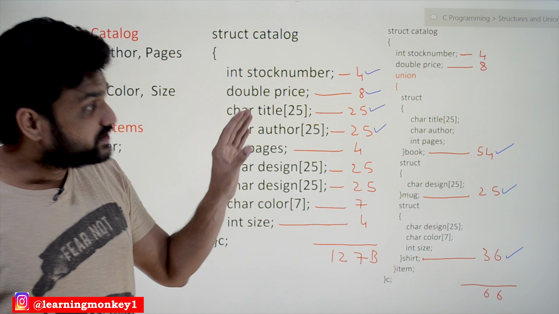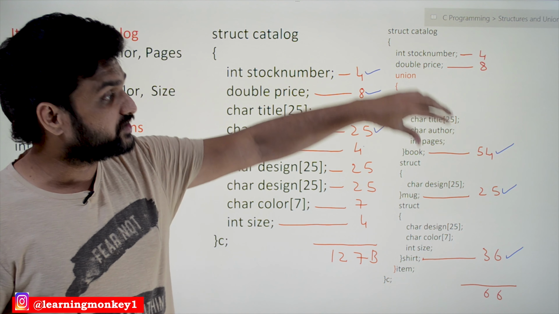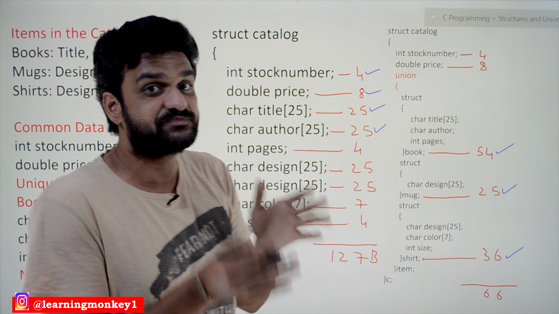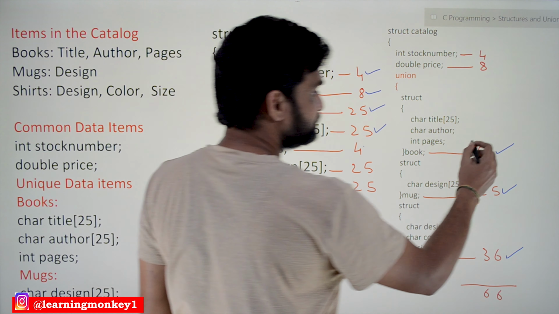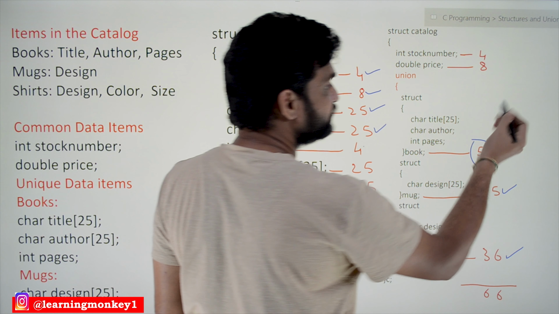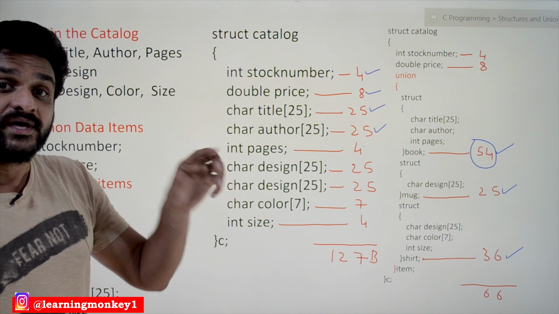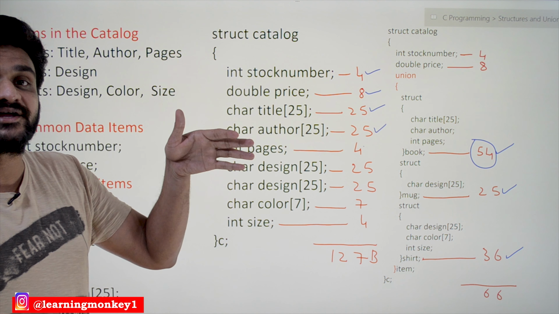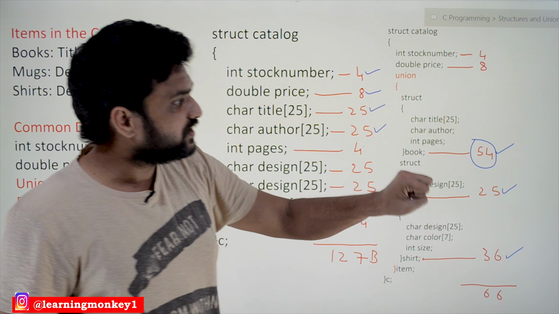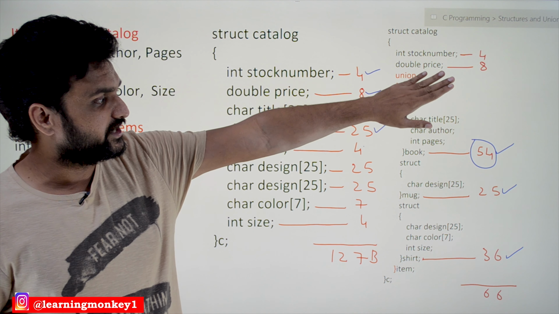So what is the use of union is, all these 3 data items are part of union. What is the use of this union is, we are going to create the maximum data item space. So the maximum data item space is this one, 54 bytes will get allocated. As we are going to use only one among them, the highest among them will get created. So the 54 bytes of space will get created.